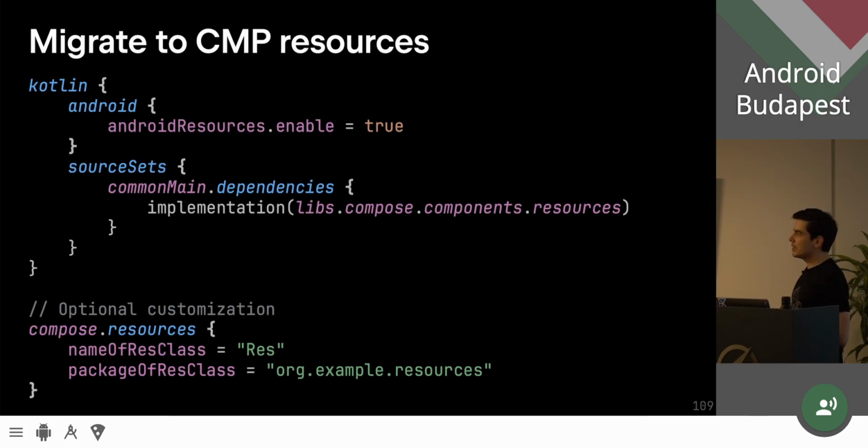The last step with Compose Multiplatform is to migrate resources. So if you've been using things like drawables, strings, and so on, you'll need to move these over to use Compose Multiplatform resources instead of Android resources, because obviously Android resources are also, again, platform specific. So the way to do that would be to make sure that you have Android resource processing enabled, another fun HTTP9 change. Then you add the Compose resources library as a dependency,